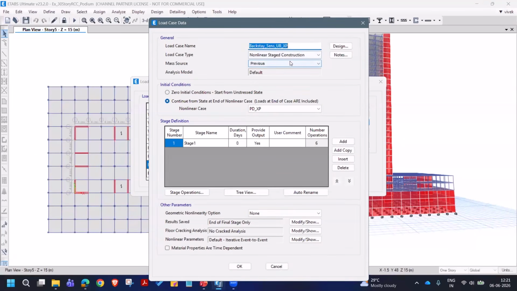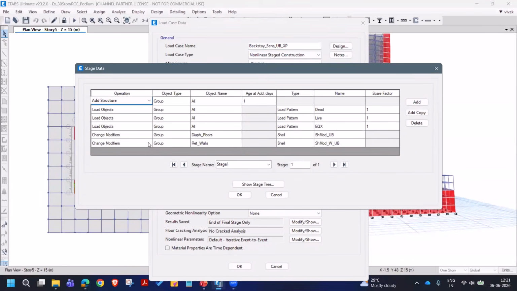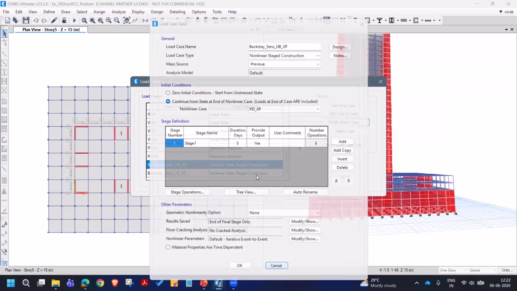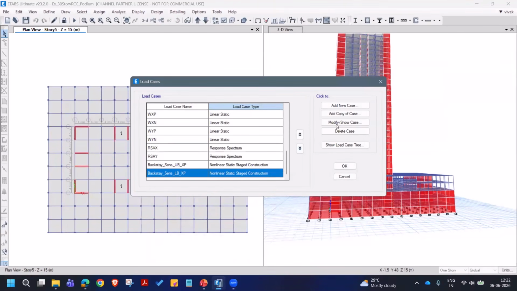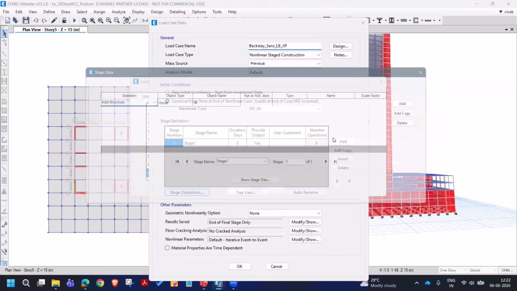This one I use as a nonlinear stage construction case, where it allows me to change the modifiers for this case alone. So the upper bound has been set here for the floor diaphragms and the retaining walls. And the other case is lower bound, with lower bound